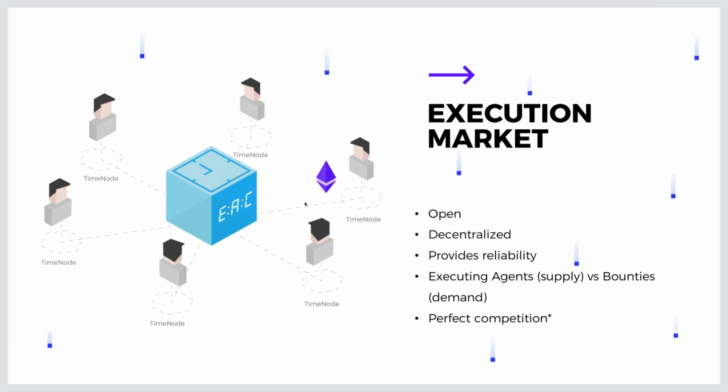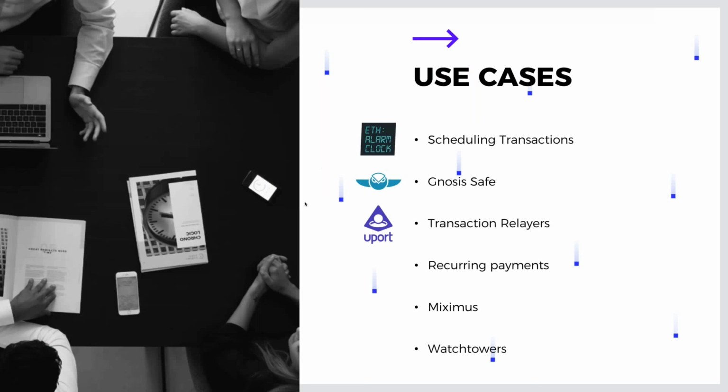So yes, it's decentralized, and it essentially provides reliability for the protocol. In our case, the more time nodes on the market, the more reliable the execution of your scheduled transactions. On the other hand, we can see this execution market as a supply of execution agents and a demand who is represented by